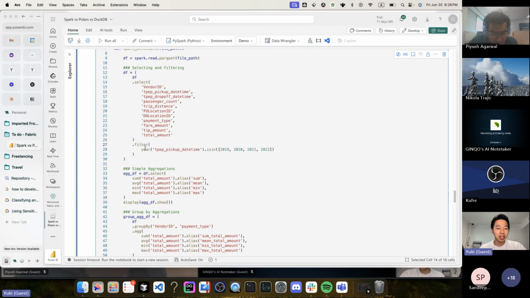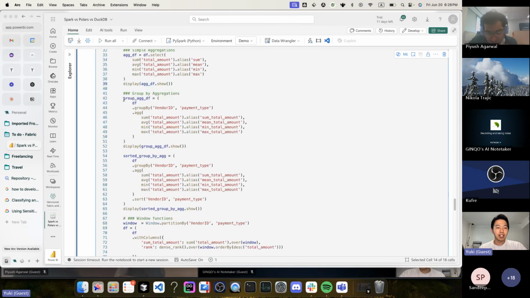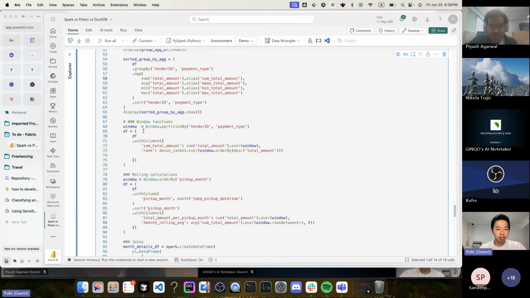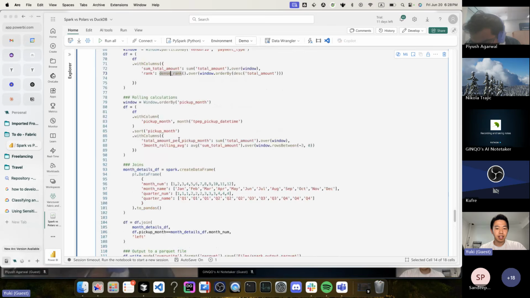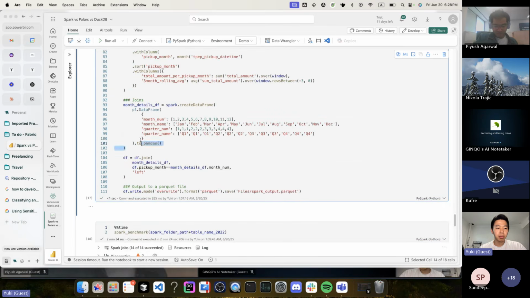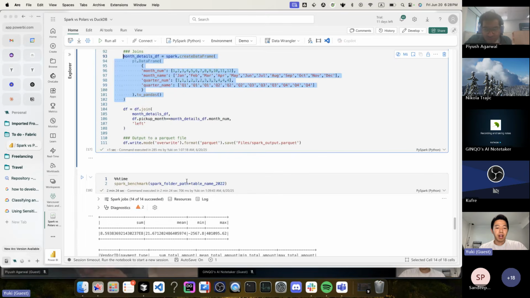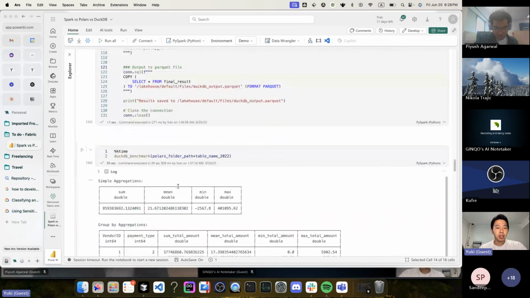So I have the selection, filtering, and aggregations, very simple, as well as group aggregations and some window functions, right? The dense rank, doing that. And yeah, defining the window and then applying all the transformations, and then also some simple join using some manually created data, and then writing the data back to a file in Lakehouse. So that's Spark, and let's go through